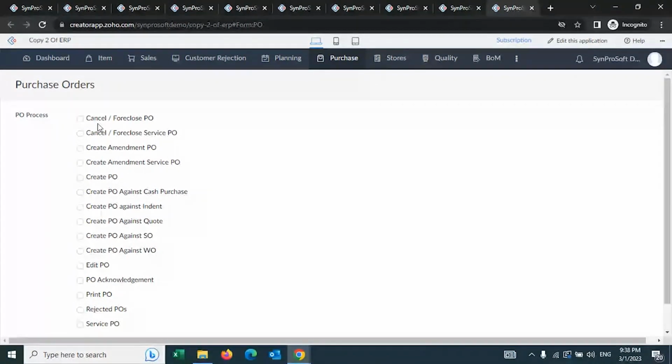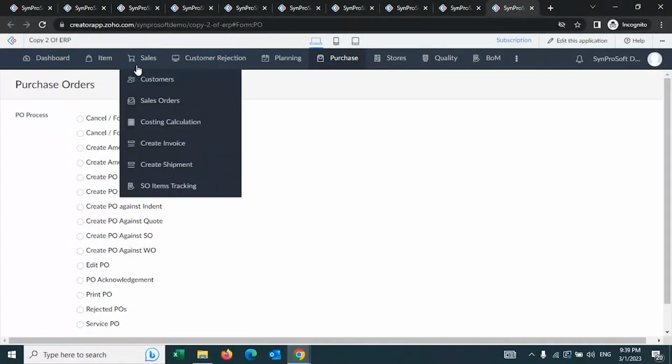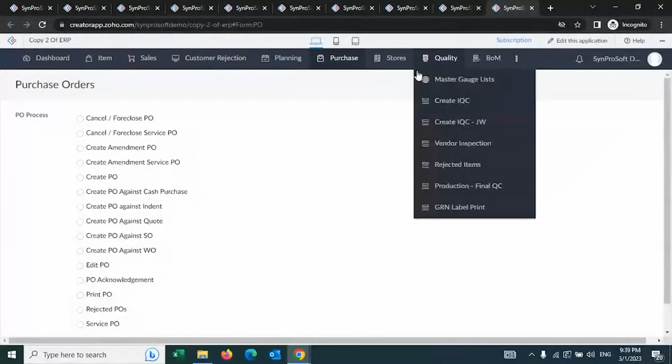Similarly, amendment is something that after the PO is raised, PO is approved and sent to the supplier, there is a change in quantity. You want to add more quantity, or there is a price revision that has happened and you want to amend the PO, you will be able to use the amendment option. Again, once the PO is amended, it will go for a fresh set of approval after the amendment is done and then submitted to the supplier. So this is how the purchase order module works.